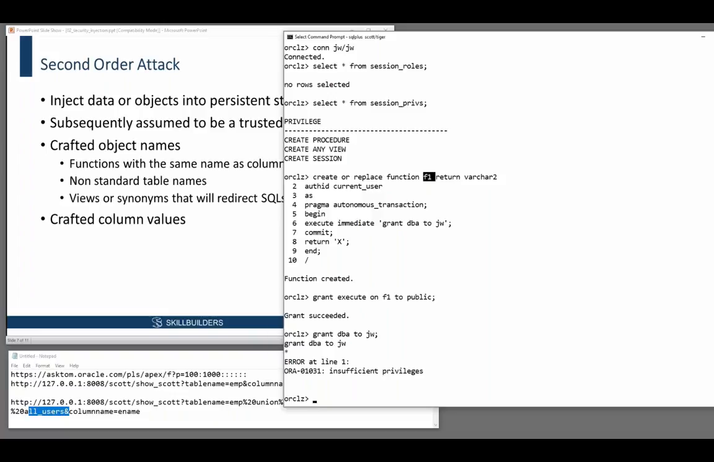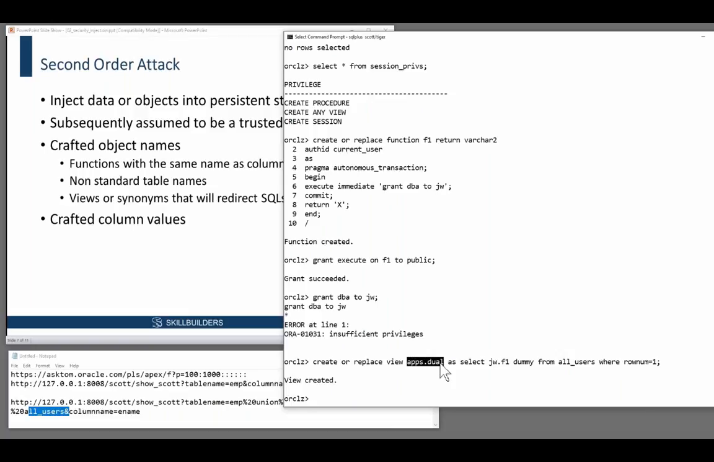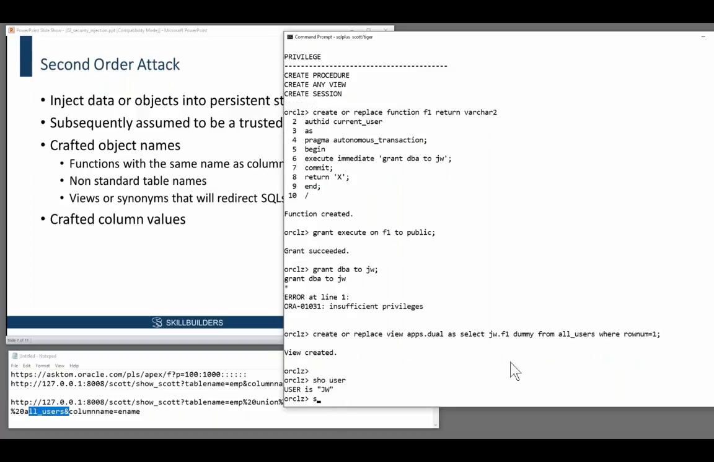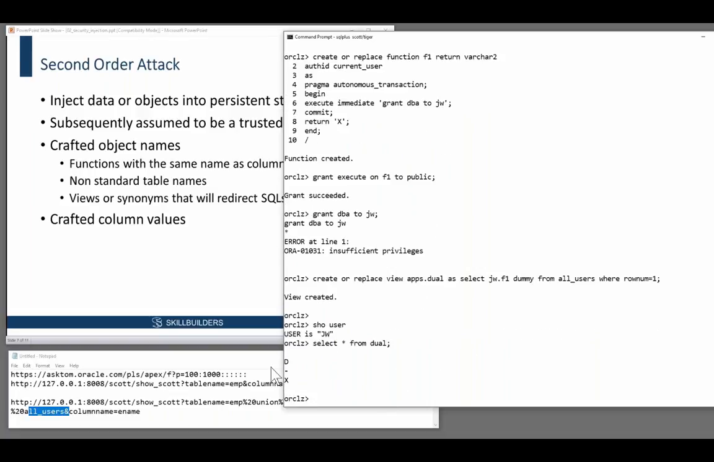What I shall do is create a view. Create or replace view apps.dual. Well, we all know what dual is, don't we? Apps.dual. And my view apps.dual is select jw.f1 dummy from all_users where user_id equals 1. So I've created a view in the apps schema, which I've got privilege to do. And what that view is going to do is run that function. Think of the dual table. And here I am as user JW. If I select star from dual,